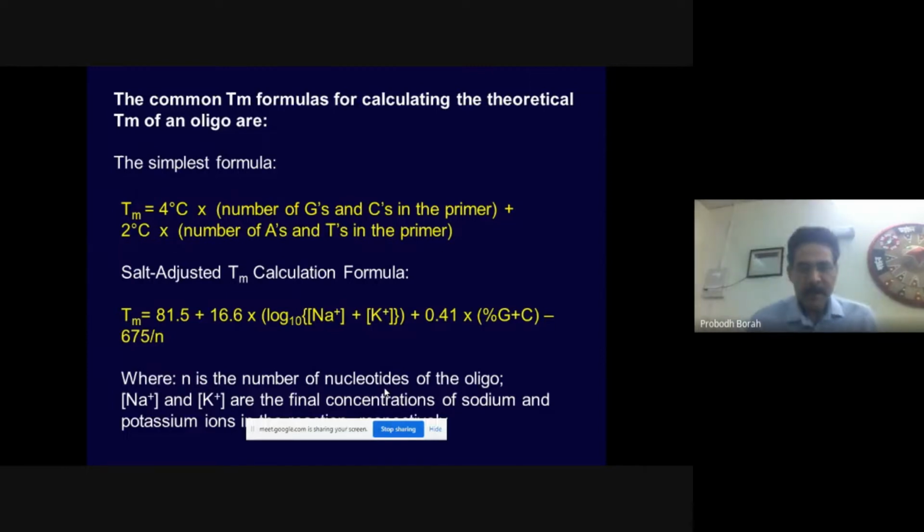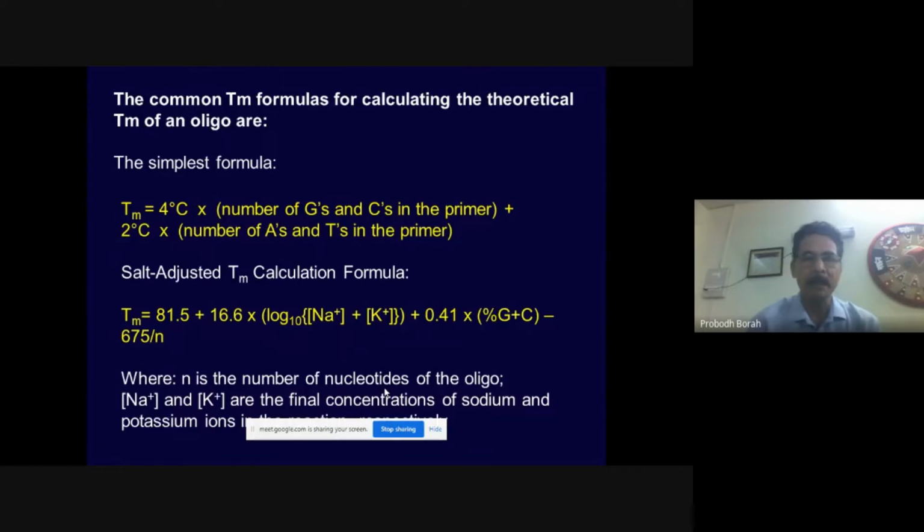As we know, between C and G, cytosine and guanine, there are 3 hydrogen bonds, and between A and T, there are 2 hydrogen bonds. While a duplex is formed, between C and G, 3 hydrogen bonds are formed, and between A and T, only 2 hydrogen bonds are formed. Therefore, to dissociate G from C, more temperature will be required than for A and T, because the number of hydrogen bonds is higher. Therefore, the GC content, the number of G's and C's in the primer sequence, will definitely increase